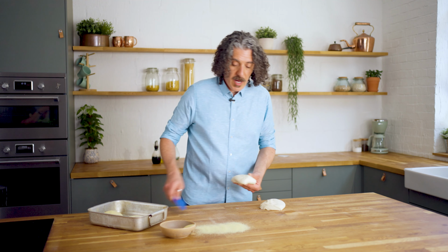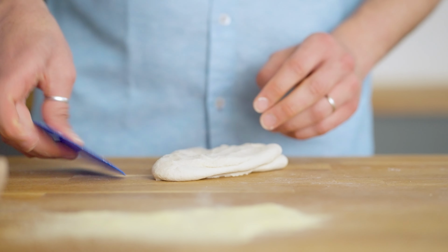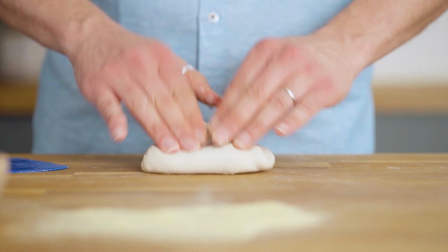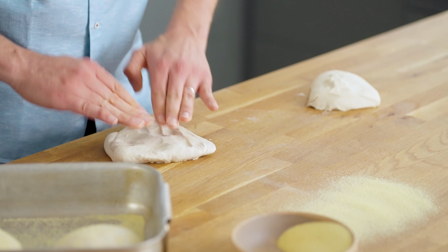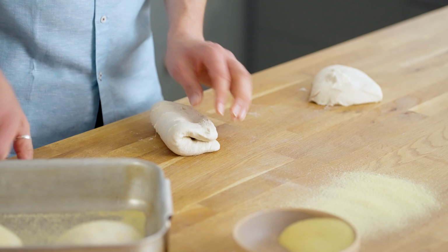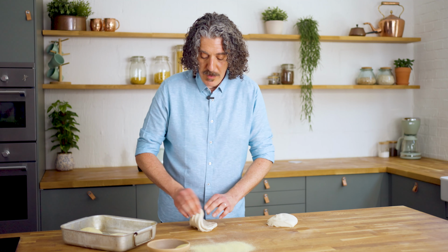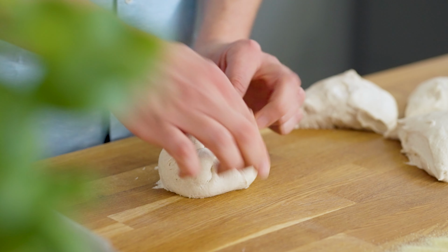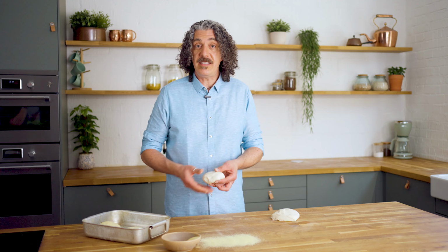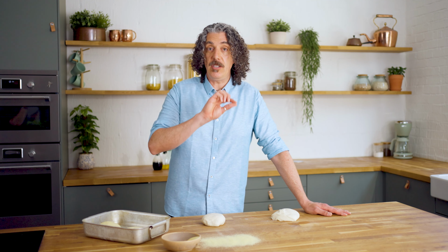We're going to be working on our proven dough and folding it a couple of times over itself, like so. Then spreading it gently and shaping it into a ball. Once you've got that, the next step is what we call in Italian pirlatura, which creates a taut